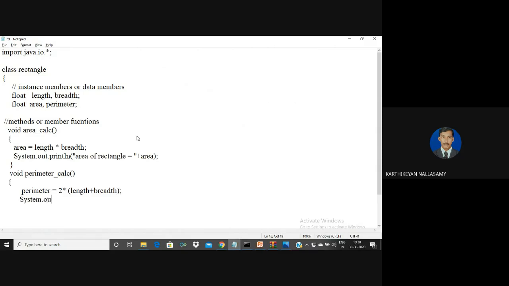So System.out.println, I'm going to print the value of the perimeter. So it's perimeter of rectangle equal to